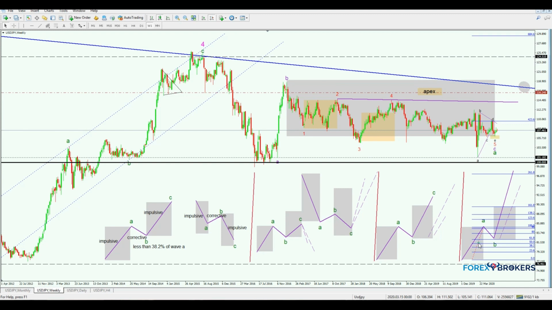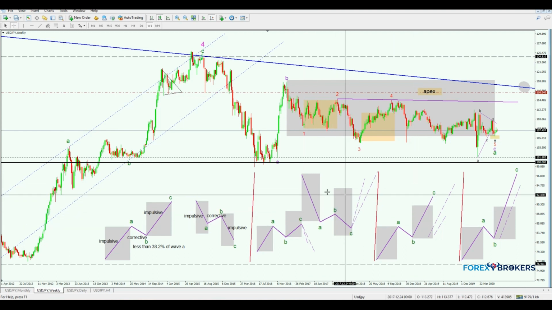In order for a zigzag to be an elongated pattern, the C wave should not only extend more than 161.8, but it should do that in this amount of time. More or less, it should go something like this. That's the minimum, so more than 161.8. It can be 261.8, it can be 461.8, or whatever. So,